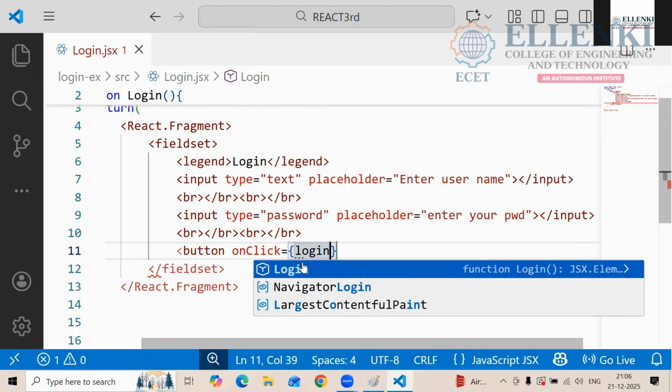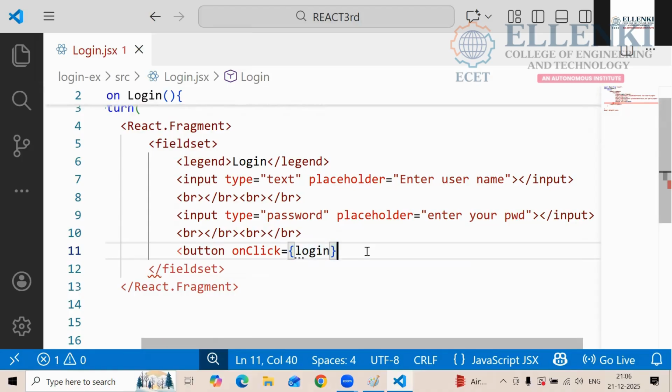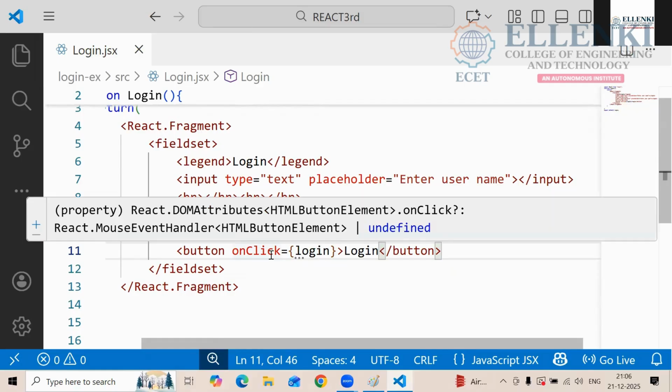We didn't declare that one. No, that's why it is showing that one. So after that we will declare it. Okay, so login also I finished. So here I am closing my button. Here I am giving the name as the login. So whatever the field boxes, whatever the boxes we need, those all things are finished.